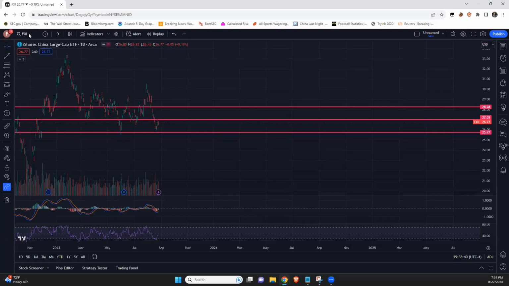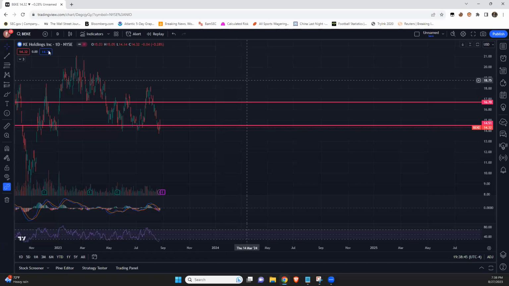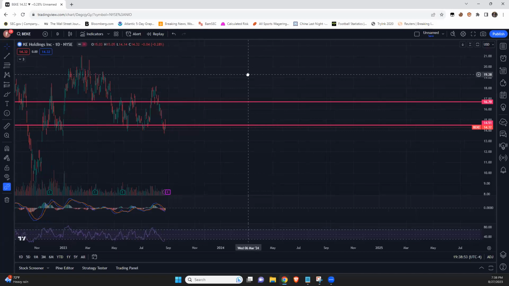And now since we're talking about Chinese stocks, this is one that I really, really like. BEKE, right? This is basically the Zillow of China. One of the things they're going to be trying to boost is real estate, so this is something I'm going to be looking at very, very carefully. I want to see a move over 1670 for me to actually look for a really good long,